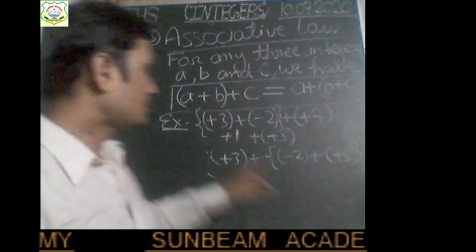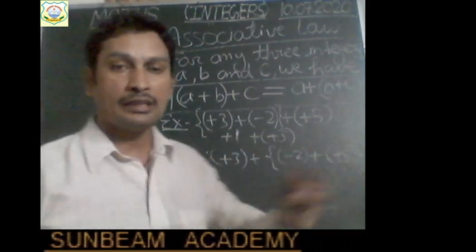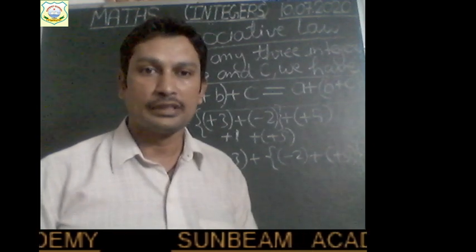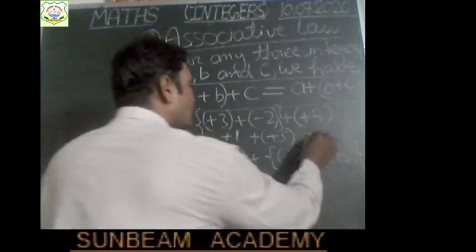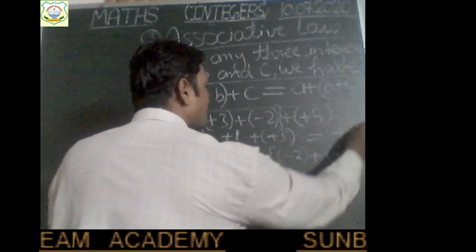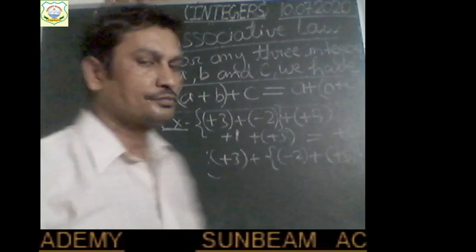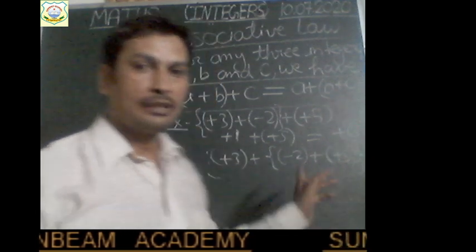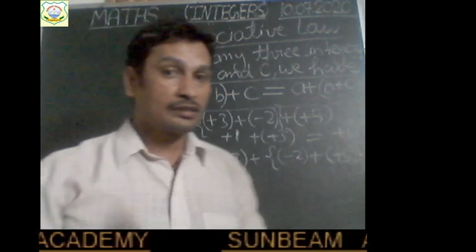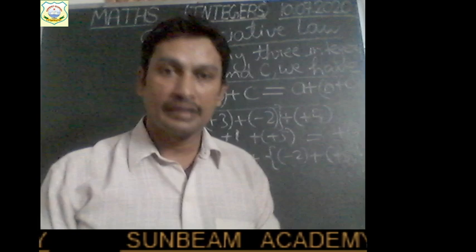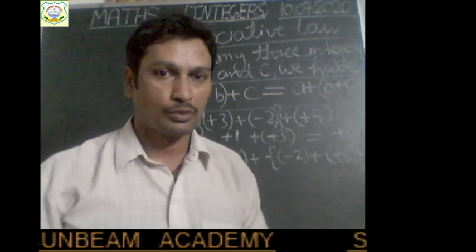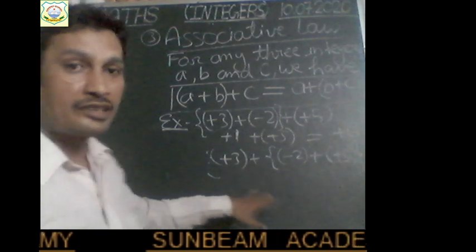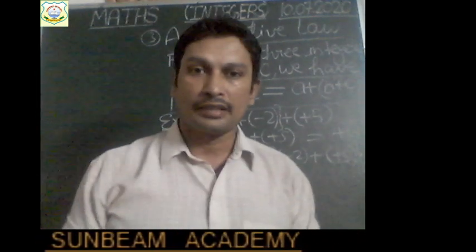Okay? And the sum of two positive integers will be positive. Okay? Profit plus profit makes profit only. Right? So what we will get? Plus 1 and plus 5 will give plus 6. We will add 5 plus 1, 6, and the sign will be positive. Okay? Similarly, the sum of two negative integers is always negative. That I have already told you. So now add this and see whether the result is the same or it is different.